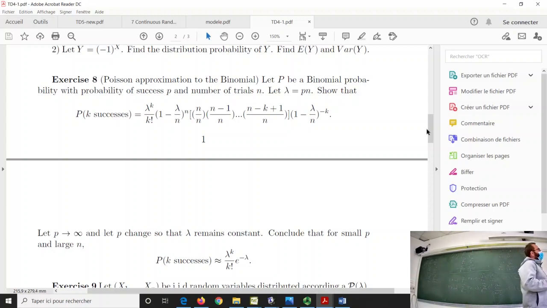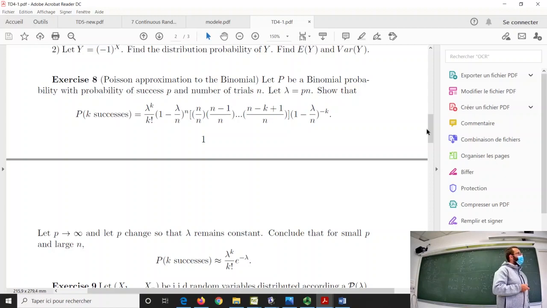Show that, well, in fact, the probability that my binomial is equal to k successes, it's like I flip a coin, I am interested in obtaining heads, it's the number of heads I obtain. It's what I mean by success in the case of a binomial. So the probability that my binomial is equal to k is equal to this expression. Okay? So it's the first thing we are going to see. And then it's here that I have a misprint.